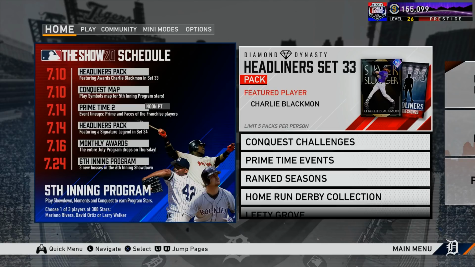A signature legend. I was thinking that could be signature series Bob Gibson, but honestly, I don't know if they would go with 2 Cardinals within 2 weeks. So maybe not. Maybe it's not Bob Gibson. That was my initial thought. I'll go ahead and stick with that prediction, even though it's probably not, because if we do have that Stan Musial in the 6th inning program, they probably won't go with 2 Cardinals. But I just wanted to try and talk a little bit about that leaked information, the upcoming content in the